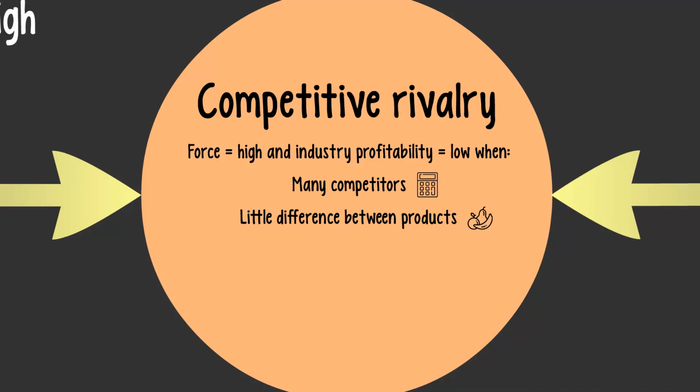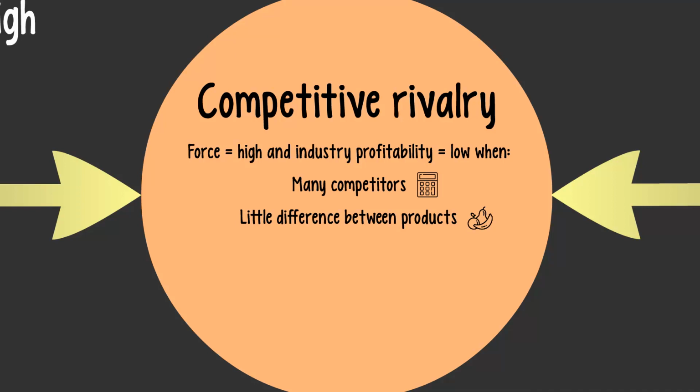For example, if you go down to your local market, your local fruit and veg market specifically, and you've got 5 stalls in a row all selling apples, well then it's very difficult for one of those market stalls to make a big profit on those apples, because of course it's easy for the customers to go to a different company to get those apples, to go to a different stall to get those apples. So again, it's going to reduce the likelihood that a company can make a profit if there's lots of companies with little difference between the